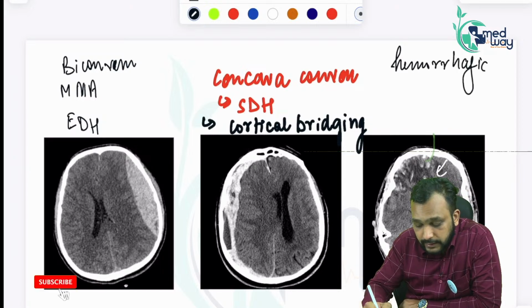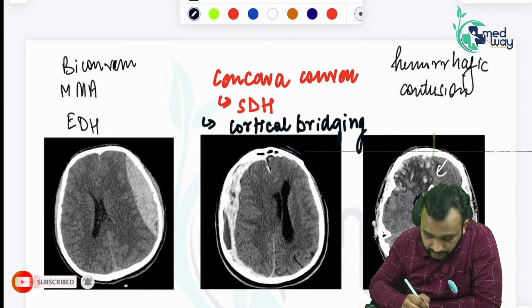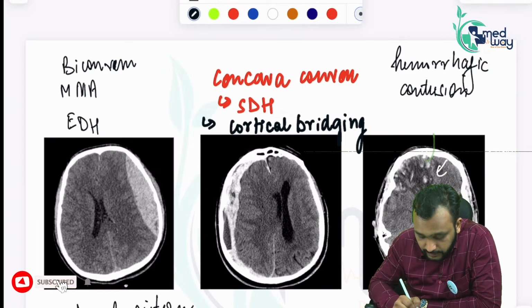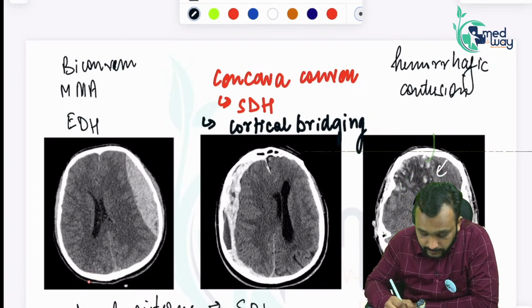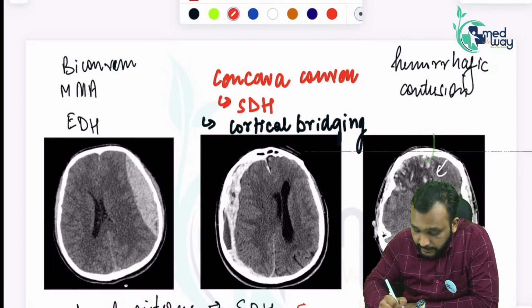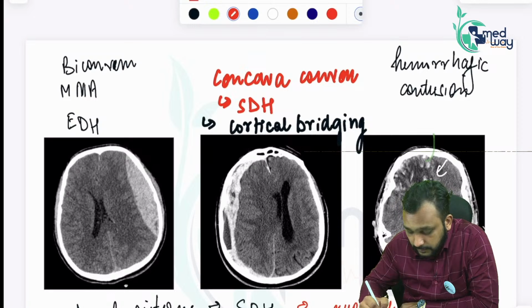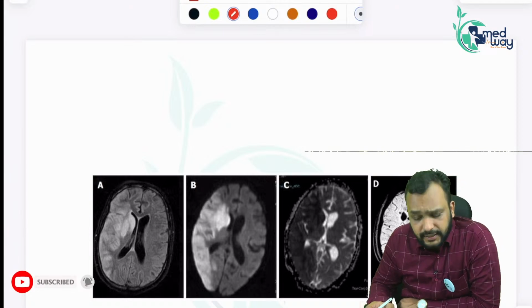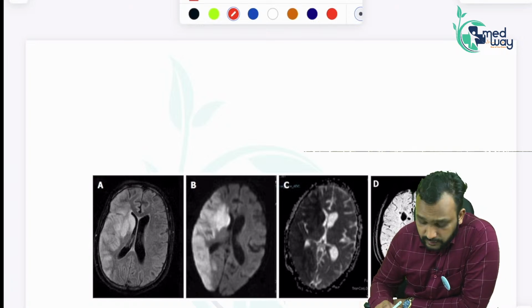And if the shape of the bleed is taking the shape of the basal cisterns, or if there is any bleed in the sulcal spaces, that will be seen in a patient with subarachnoid hemorrhage. And just remember that this subarachnoid hemorrhage is due to the rupture of aneurysm of the intracranial vessels, right? Now, so this is a patient with